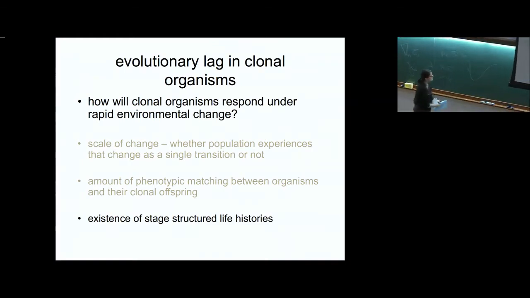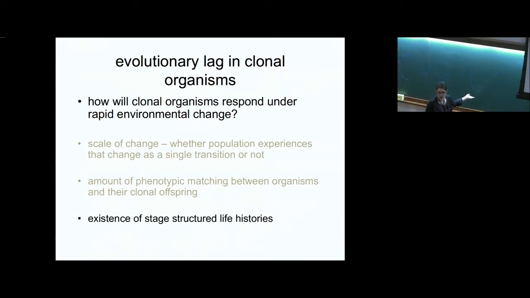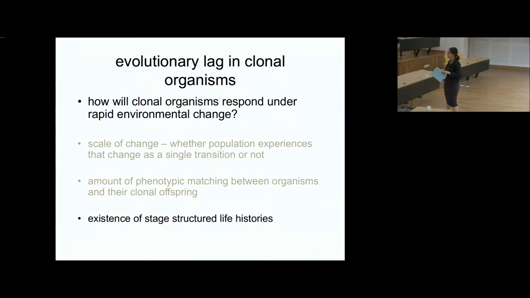this somewhat cartoony view of what happens under a sudden change in the environment and whether there's evolutionary rescue. Having adult survivorship and stage structure can give you a little bit of a demographic advantage, so that when you dip down here, you don't dip as low, and maybe there's more of a chance for evolutionary rescue. But at the same time, if most of selection happens early in the life history, it can weaken the force of selection. So I guess that's another question you have to ask yourself for this organism and for this phenotype.